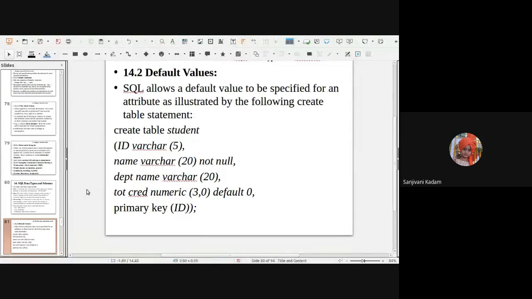Next, default values. So default values are used whenever we have set any attribute as not null, and by default it accepts some value. So this can be used in any of the SQL statements. So here, SQL allows a default value to be specified for an attribute as illustrated by the following create table